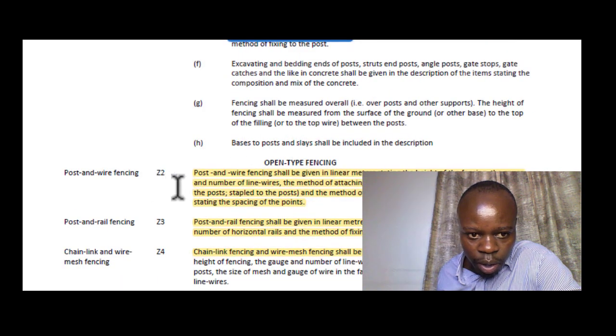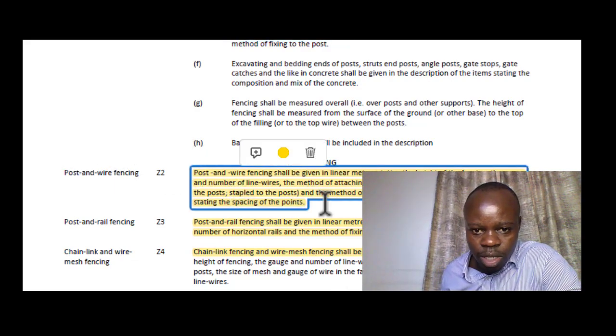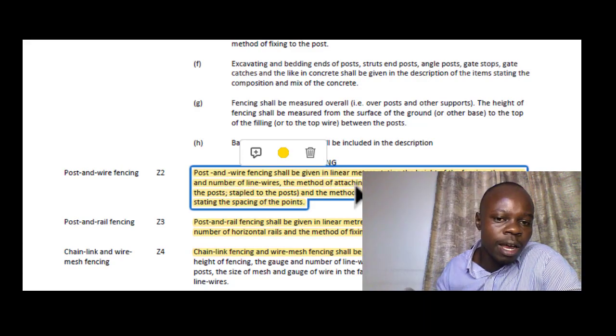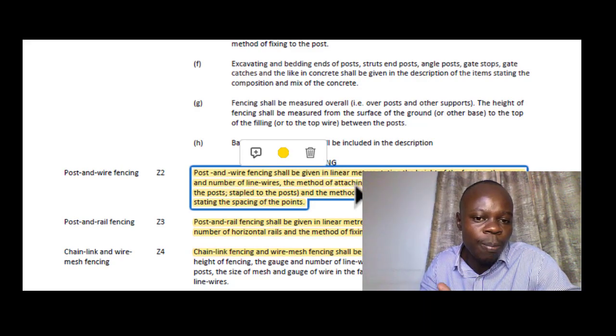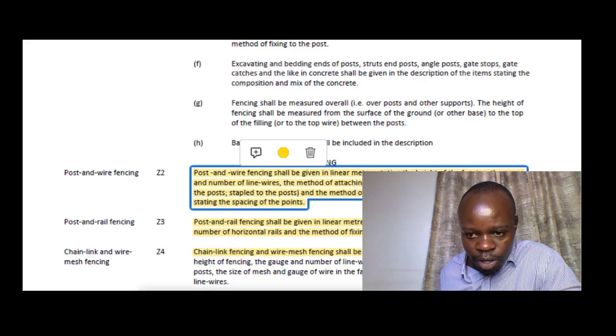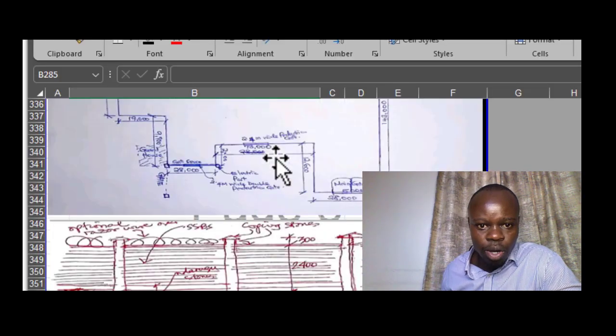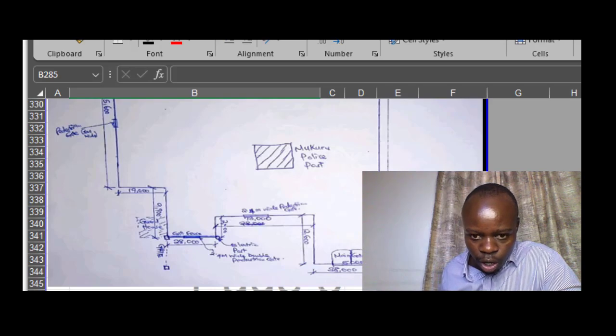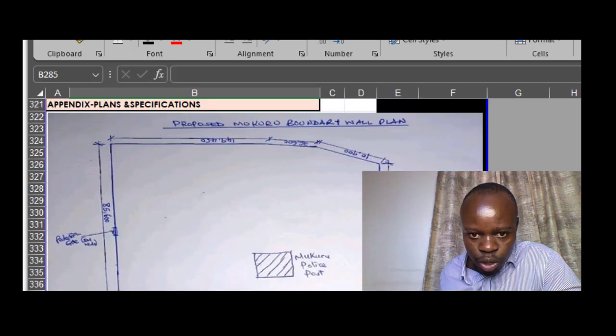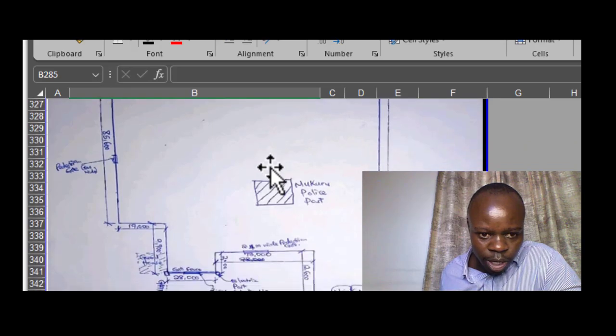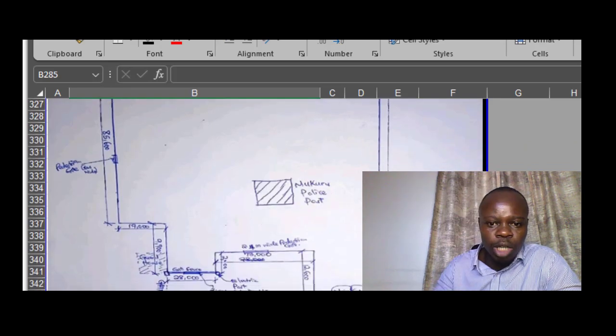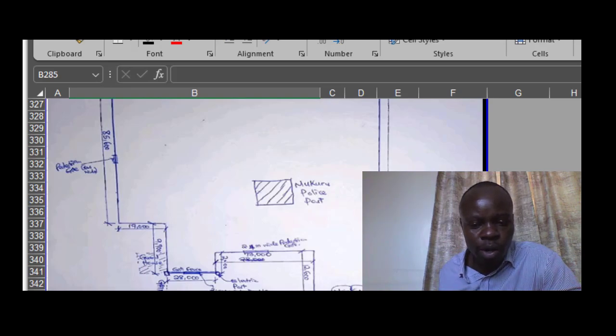Then we have the open type fences, post and wire fencing. This is the one that you can see is done in linear meters. So you make your identification of how it's going to run and obtain your full stretched length. Of course make your reference to the drawing, for instance the one that I was just using to show you, add it all around. Add the dimensions that you have all around, making adjustments where necessary. Then you shall be having the length where you're supposed to have